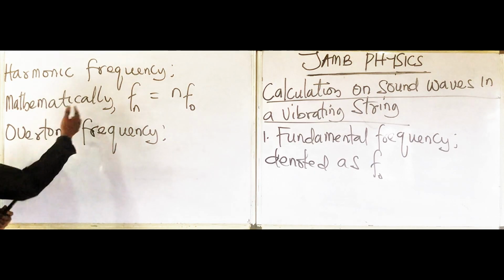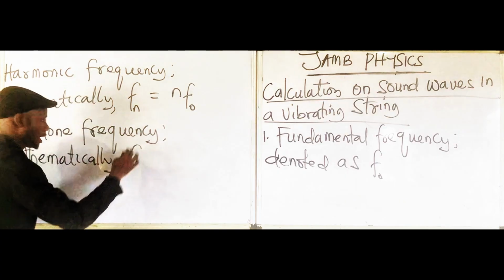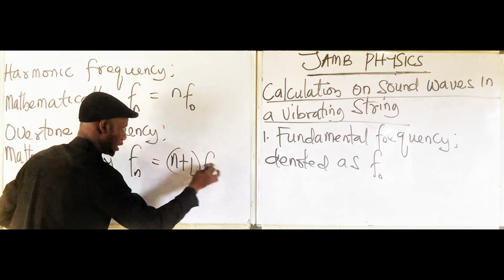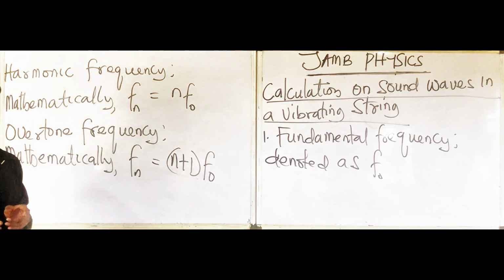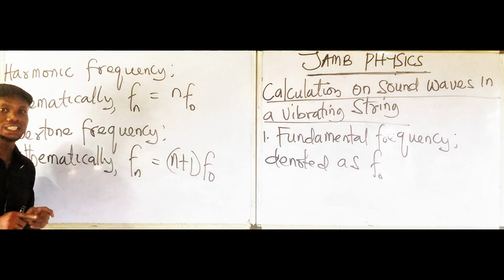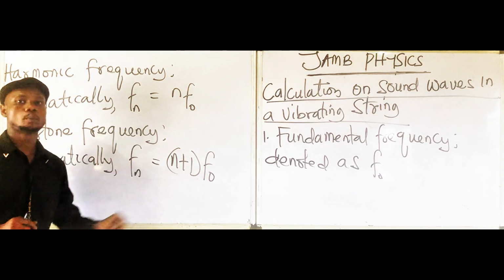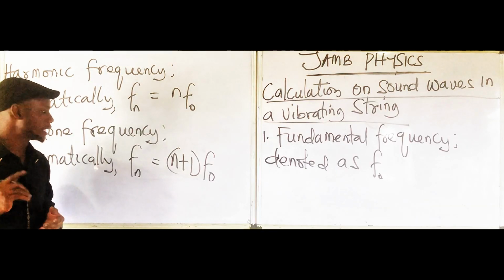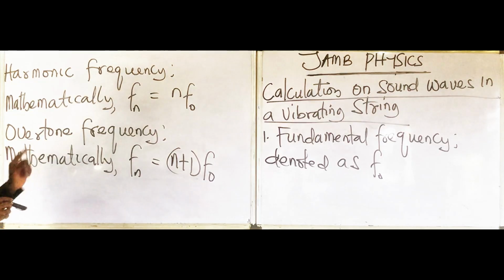All right? Now let's take the mathematical formula here. Mathematically, Fn is equal to n plus 1 f naught. Please take note. So class, if you are given a question and you are asked to find overtone frequency, at that point, this is the formula to use. But if you are given a question and that question is on resonance tube, at that point, the overtone frequency is going to be, please listen,